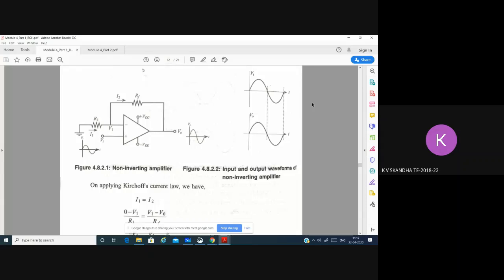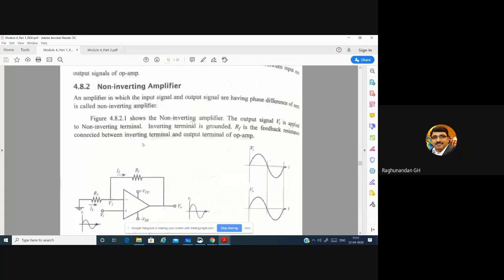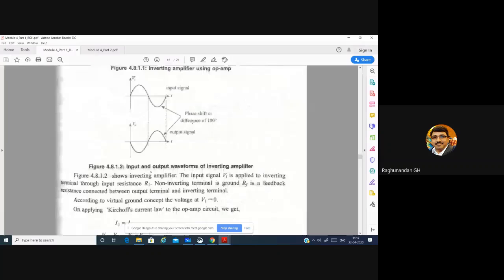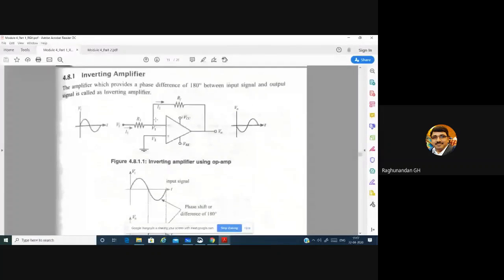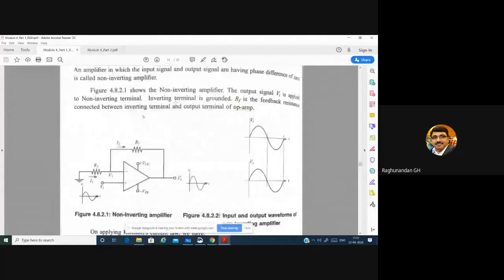Sir, if feedback is connected to the input, it reduces part of the voltage, sir. But if it is connected to the output terminal, like the non-inverting terminal, we can say that both the input and output will match. No. See, in both the cases, we are doing the same thing. Here also we are giving to the inverting terminal, to the same inverting terminal.